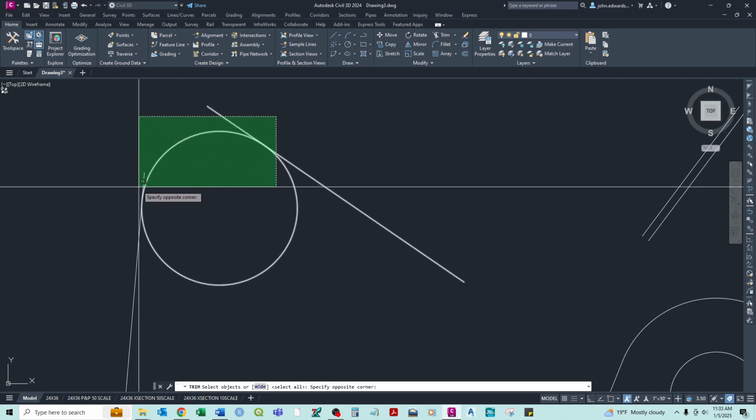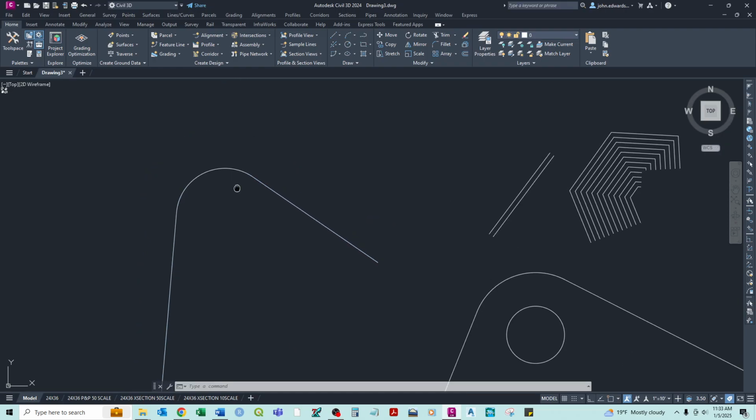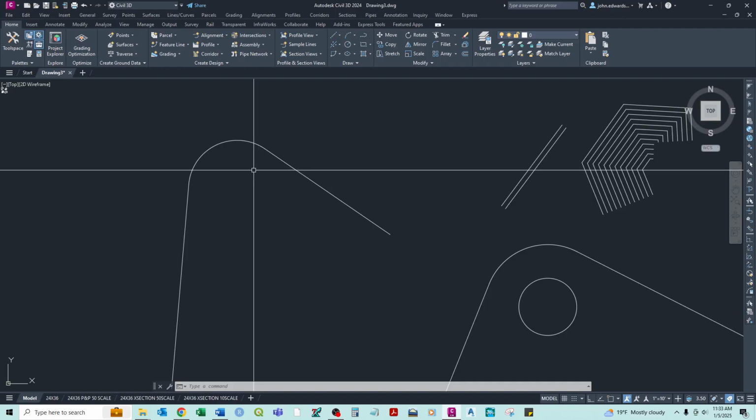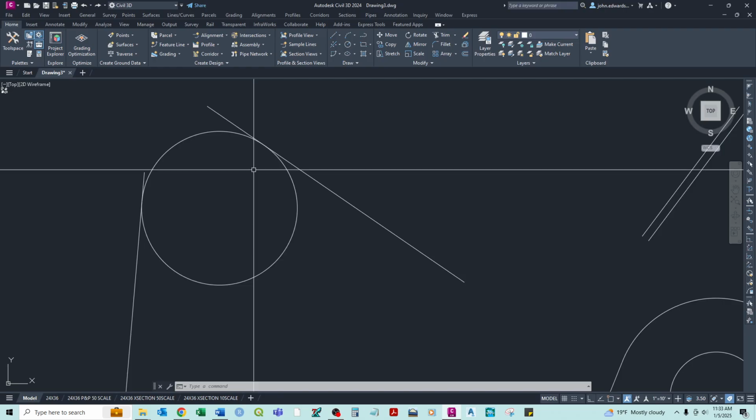But if we highlight all three of them, we can trim the ends off, and then we can trim that part off. Now, one thing I just noticed that I did that I haven't mentioned before is just the undo. So Control Z will undo your last actions. Now, something to note in AutoCAD,